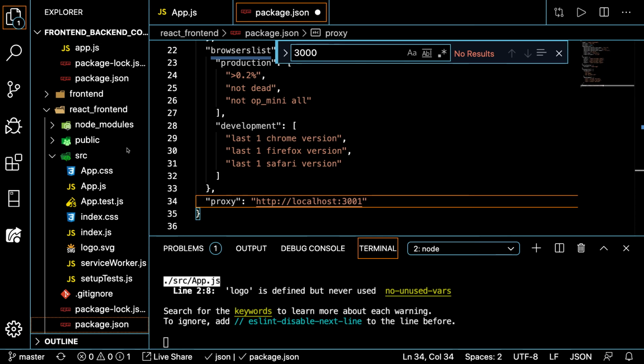Okay, so now that I've added a proxy, yeah, Brandon. Can we do the thread at every time? In your React app? Sorry? This is the front end package.json. So this is telling us where to look when we make an Axios call without the whole address. So I'll show you what I